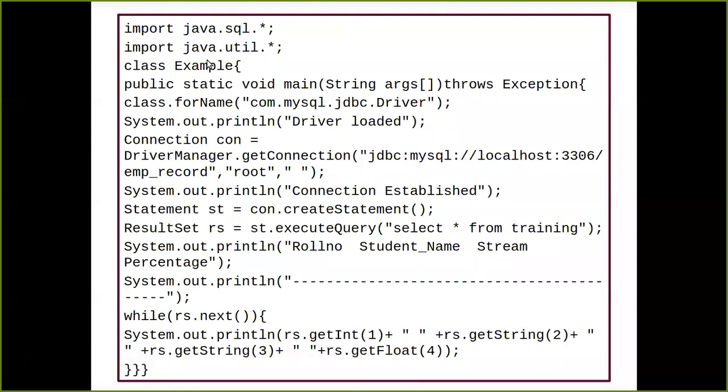Now what we are going to do is create a class, a user defined class, and the example was your class name. Then we had a main method. I hope everyone remembers the main method of Java, that is public static void main String args, and we can throw the exception, whatever exception we are going to have. We are not mentioning the specific exception name over here. Simply we can write throws Exception. This is a root class, the exception class, and numbers of exceptions are present inside it.